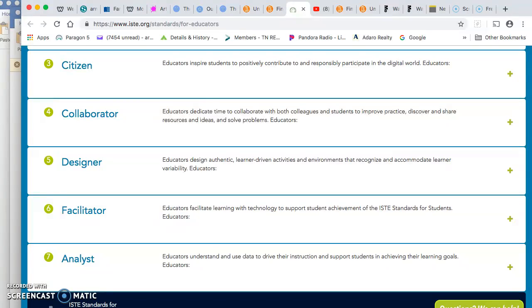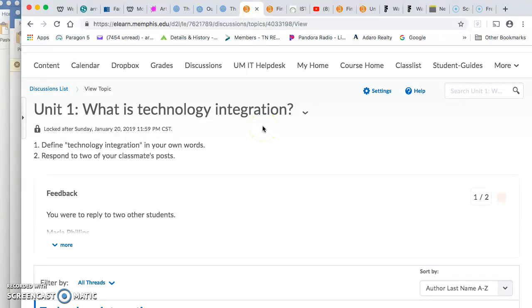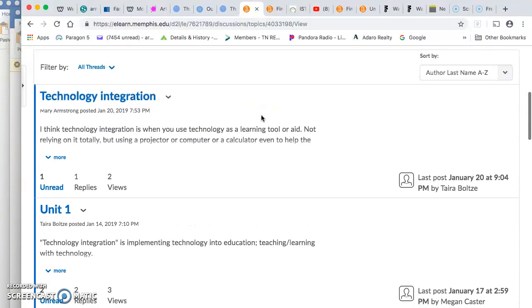So it says, take time to collaborate with both colleagues and students to improve practice, discover and share resources and ideas, and solve problems. And I think that our discussion posts do exactly that because we're able to talk to each other about certain things, about certain topics. We're able to go through and showcase the knowledge of what we've already known, tell others about that, tell our fellow students about that, and